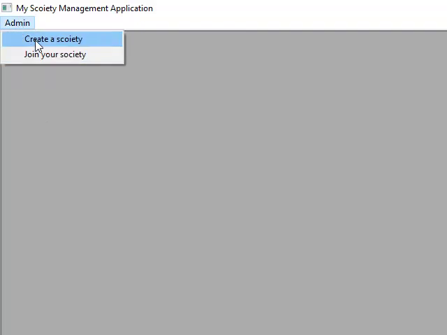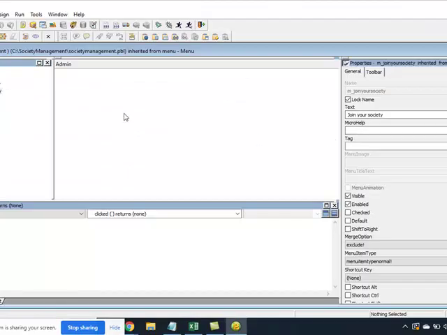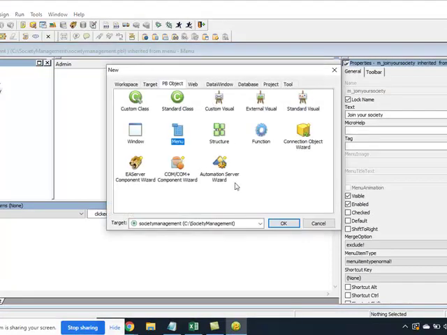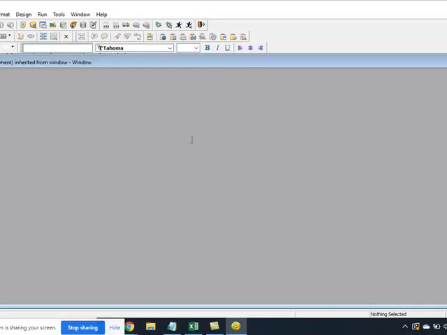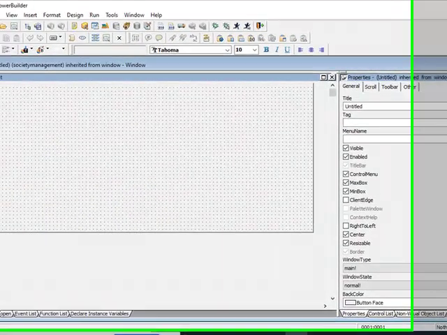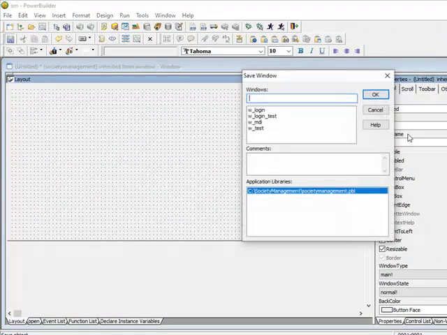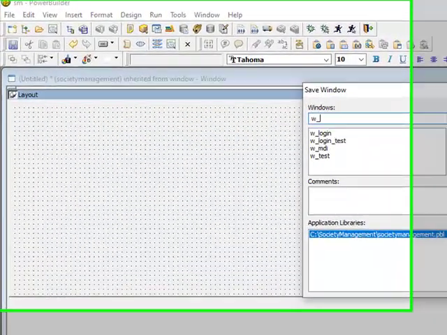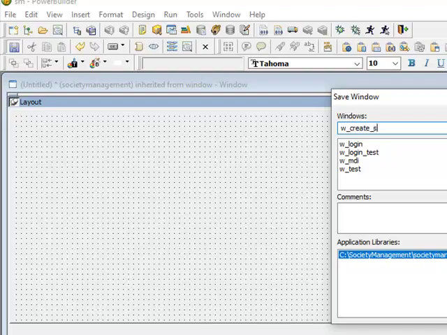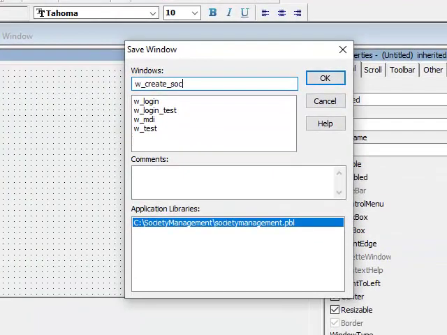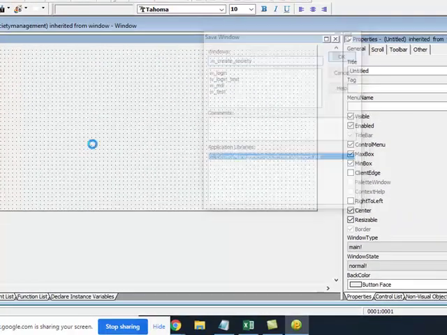To ab hona kya chahiye? I should be able to open one more window, right? One more window. So let me close it, and then what I will do is I will design one more window. Okay, W underscore create society.